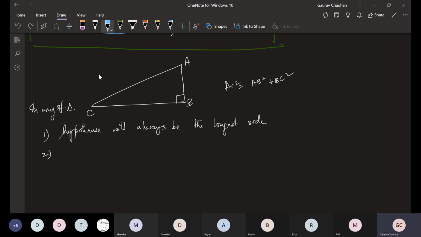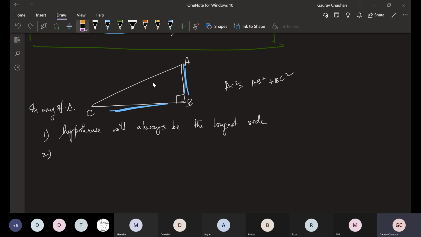Knowing anything about this triangle, my figure is also, just don't even see this figure. You just know that there is a right triangle, AC is the hypotenuse, right angle is at B. That's all you know. Can you tell in AB and BC, which one will be bigger without knowing anything else? Can you say AB will always be bigger than BC, or BC will always be bigger than AC? Can you say anything like that?